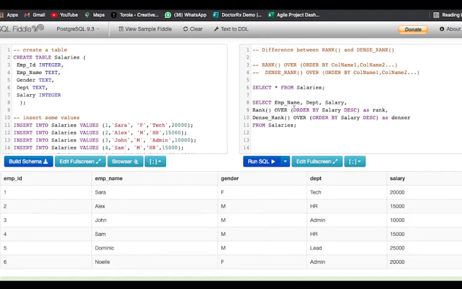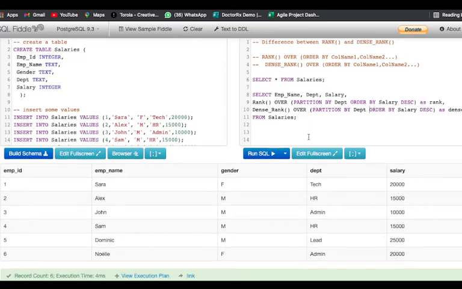Now you can also use the partition by clause here. What is a partition by clause? It is basically a sub clause of the over clause. It is going to divide our ranking into partitions according to the given parameter. So for example, I want to partition by department. So I'll write partition by department. Similarly, here also I'll mention we are going to partition this by department. Let us try running this.